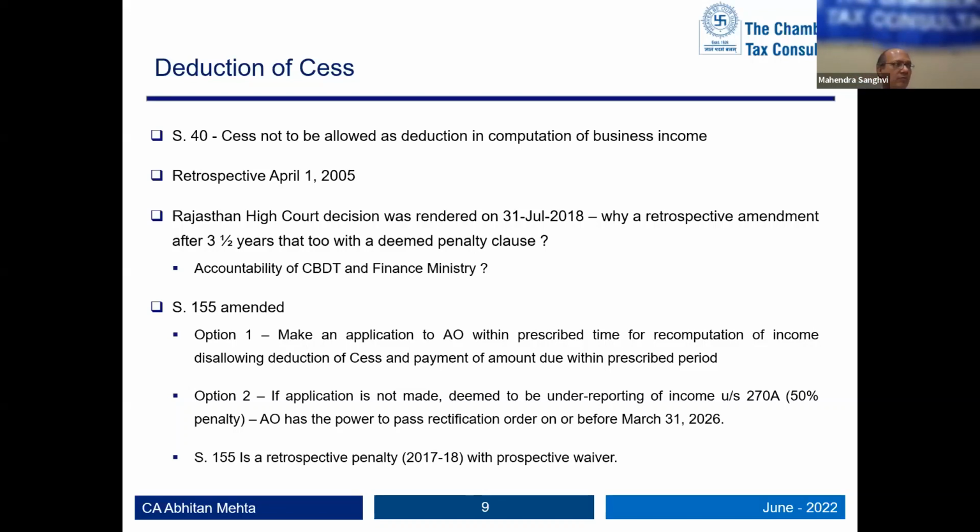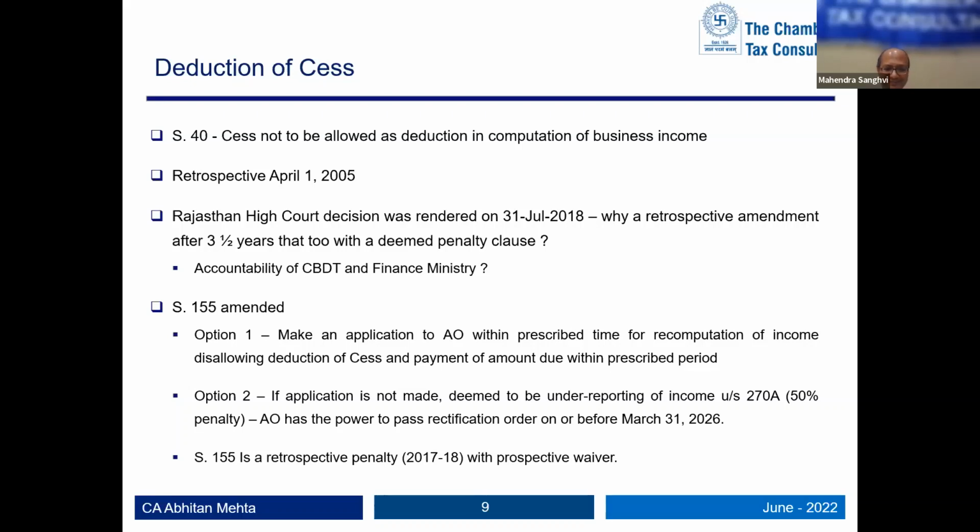That is when the education cess has been introduced. So one has to really question, and a topic for a separate discussion is it took them 3.5 years to realize High Court decisions and then come up with a retrospective amendment. And if I may put it, the audacity is section 155.